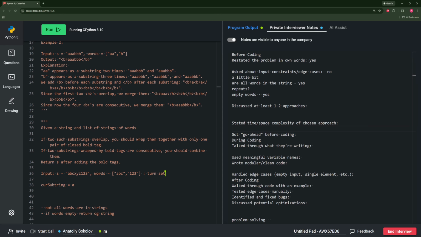I'm trying to think. So if 'a' is in words, we check, and if it's not, we just continue adding. Then check if AB is in the substring. If it's not, we continue. And then if ABC is in the substring, we have our result string, and then we can add the opening and closing bracket around this in the result string. And I'm trying to see, because if you move on, let's say so far our res is